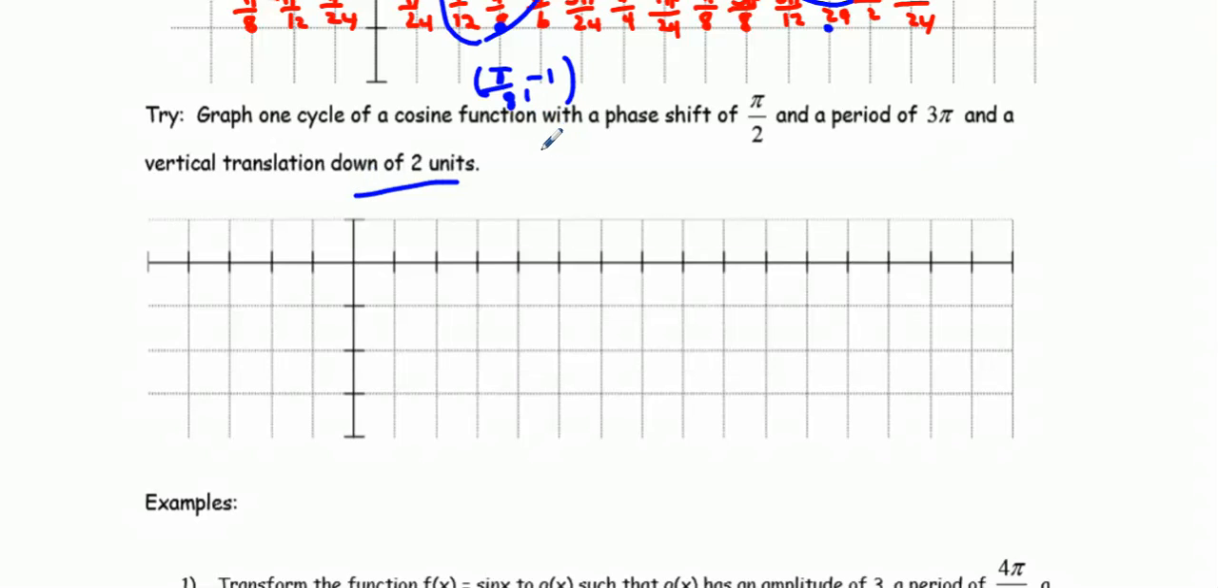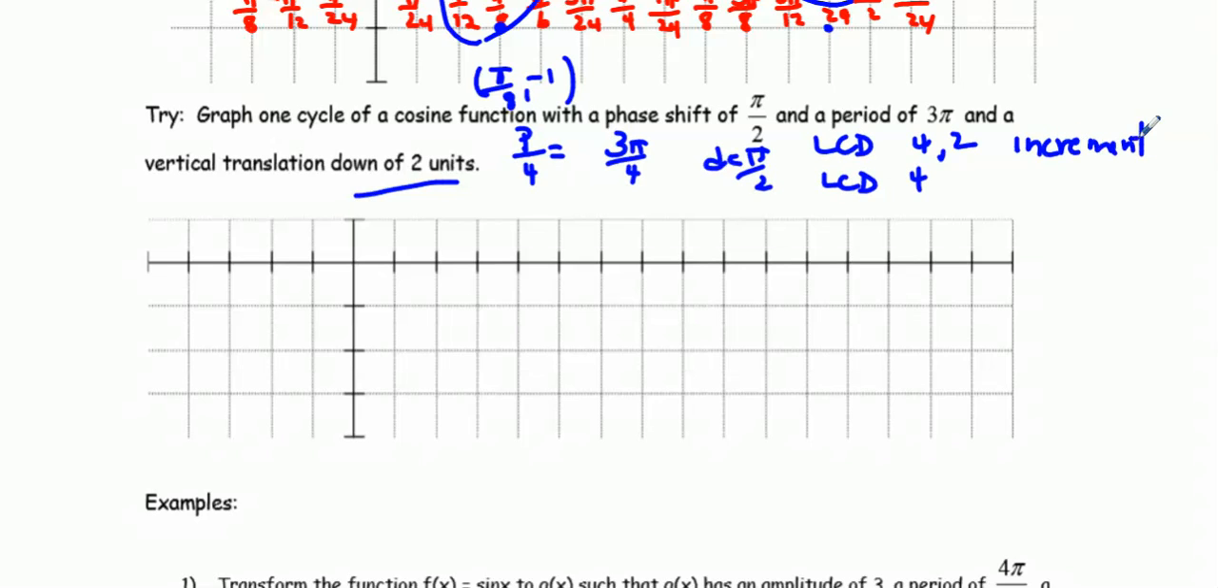Okay, we're going to do exactly the same thing here. We're going to find the quarter period, which is 3 pi over 4, and our phase shift D is pi by 2, so I want to find the lowest common denominator of 4 and 2. Of course, that's 4, and so our increments are pi by 4. Alright, so now we've got pi by 4 here,